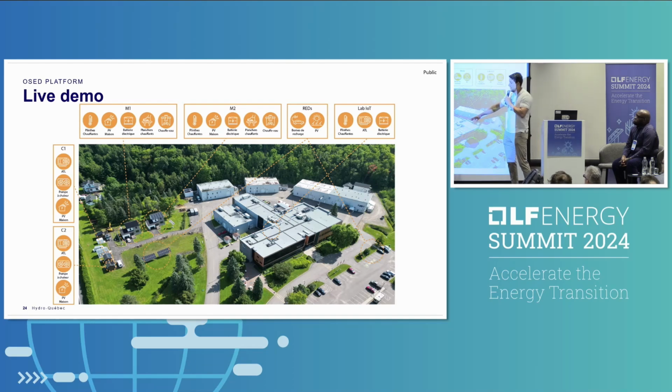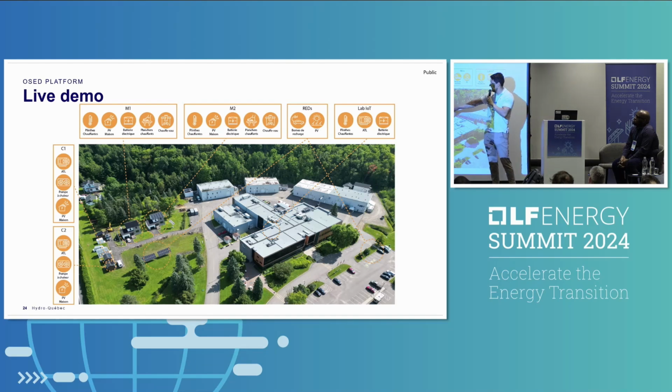We have an IoT lab specifically designed for IoT devices. We have two houses, twin houses, so you can test a control system in one house and leave the other as a reference to see if it's effective or not. We have two small sheds that also have heating and cooling. And we have distributed generation. So this is the place where we deploy the system.